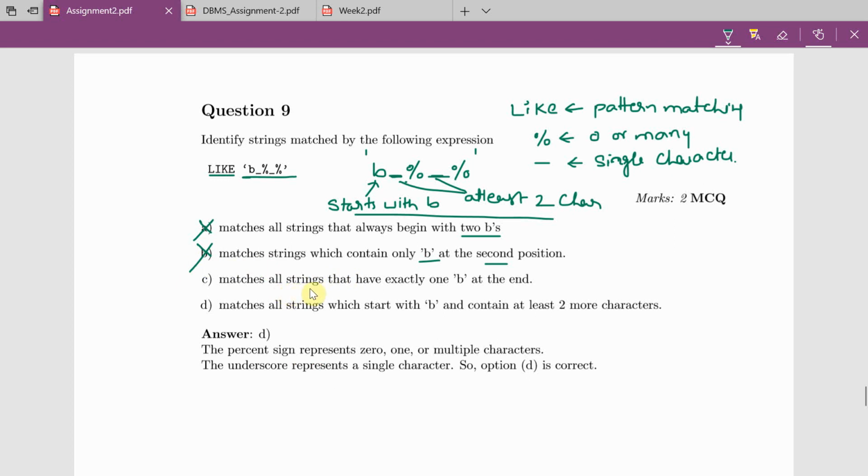Option C says matches all strings that have exactly one B at the end, but B is at the beginning, so option C is incorrect. Option D matches all strings which start with B and contain at least two more characters. This matches our discussion, so the answer for the question is option D.